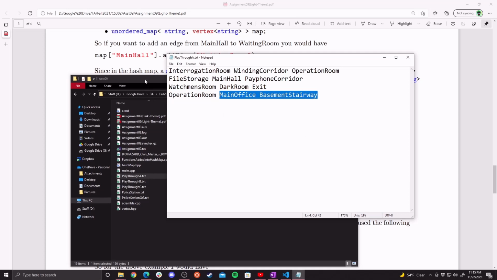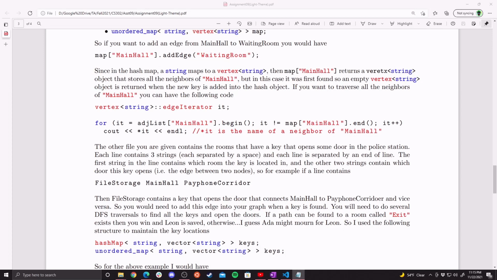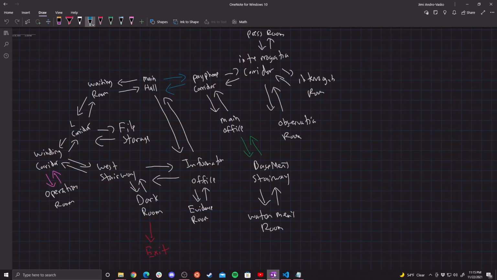So let's go ahead and draw. I have sort of the predefined graph over here. Now this is going to be not so nice handwriting, but just bear with me. So right now, here's going to be our graph. Now those edges that are in blue, violet, red, and green are not originally going to be in my graph. But these edges are going to be added in when we go ahead and find different paths. So based on this file we have right here,